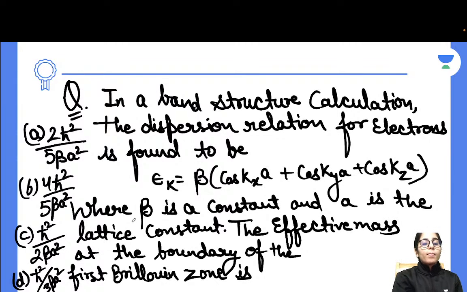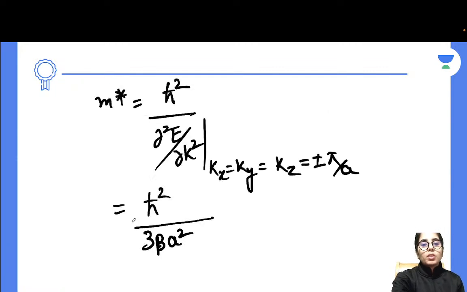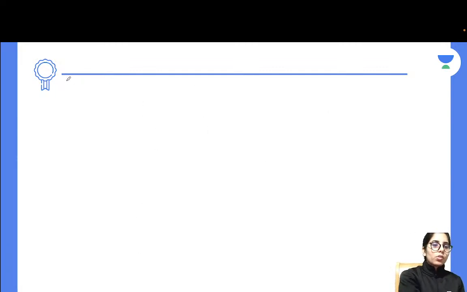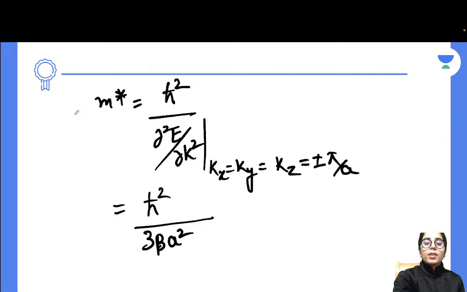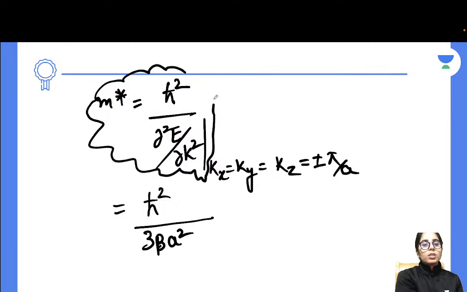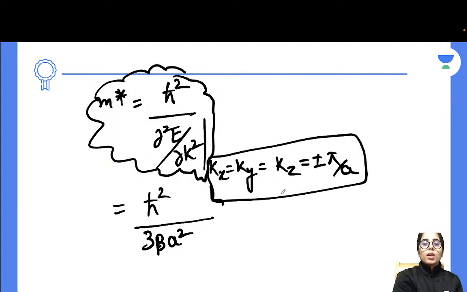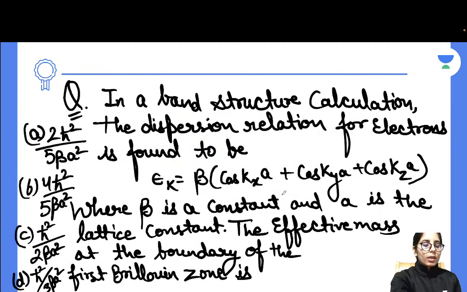Now you can see what steps I have taken, how I have put the values, how I have considered all the steps here. So that's how you are going to get everything. Let me know if anybody has any doubt. We can surely talk about that part. But if everything is clear till this point, we can go for the next question. So mainly in the previous question, you have to consider the effective mass formula, which is this, and the condition for the first Brillouin zone boundary, this. And if you know that, I think it's going to be quite simple and easy for you to get the answer.